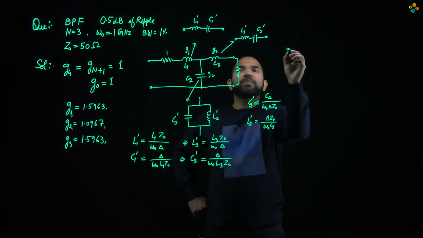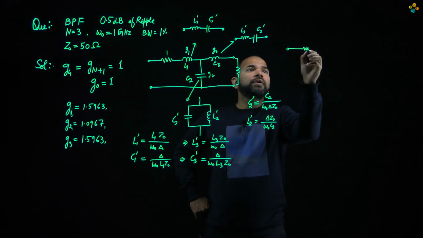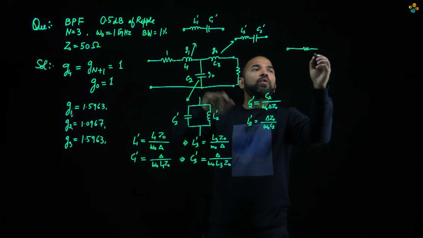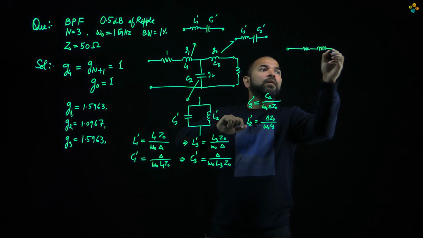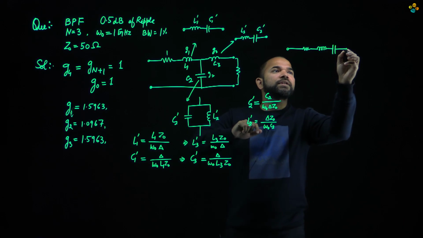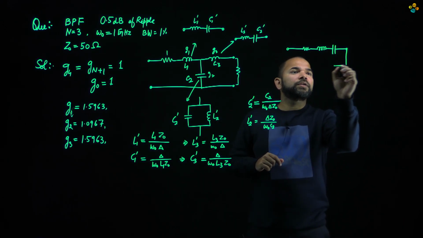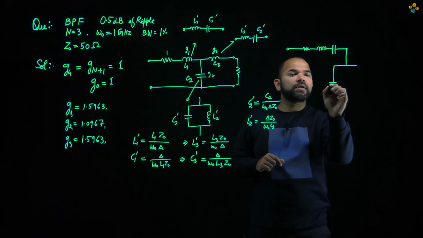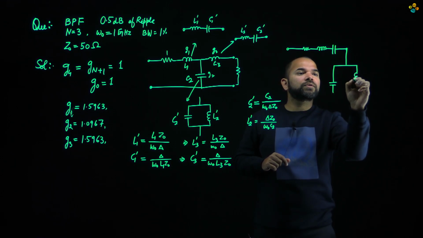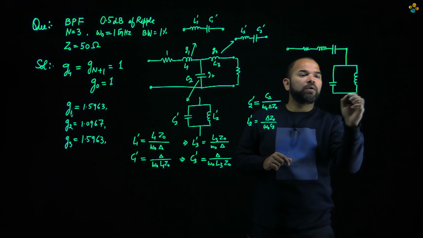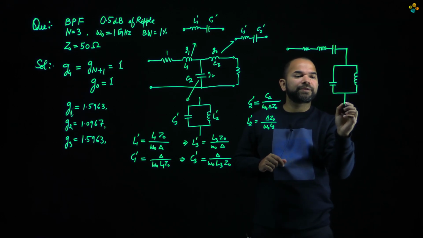So how is this going to be translated? So let's see. This L1 dash is going to be replaced with a series combination of inductor and capacitor, and this parallel capacitor is going to be replaced with the parallel combination of capacitor and inductor,